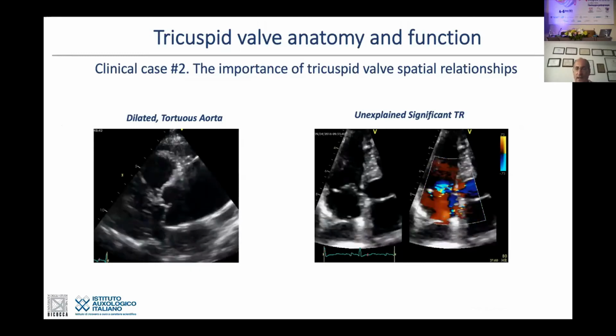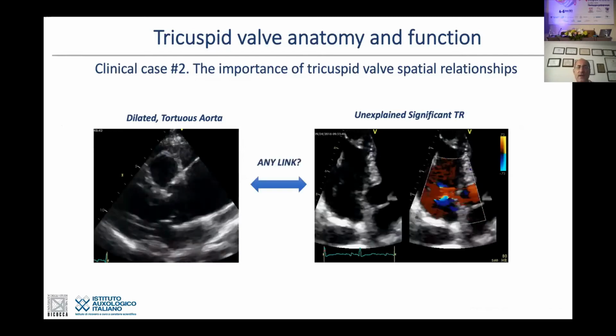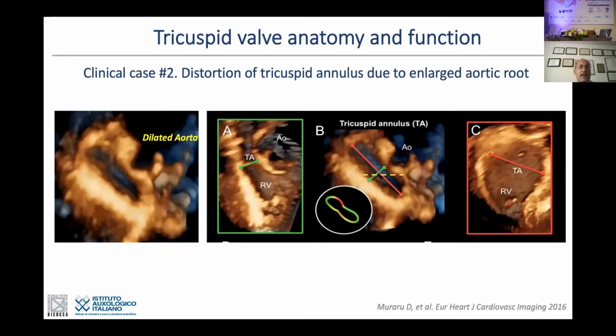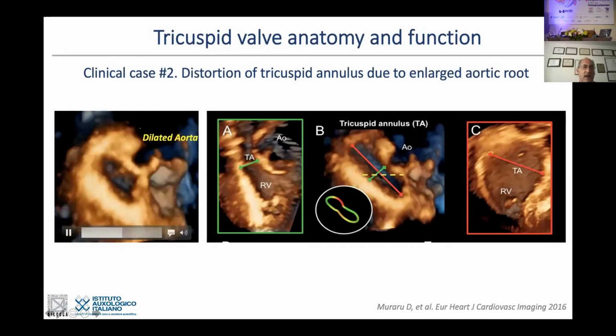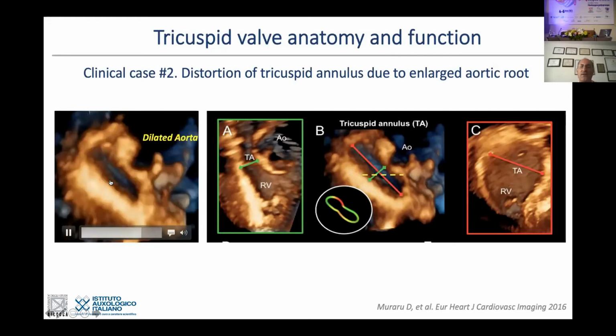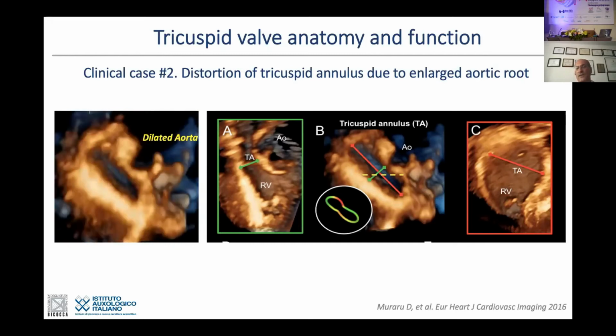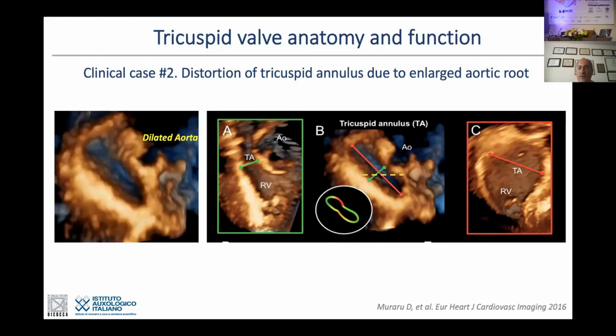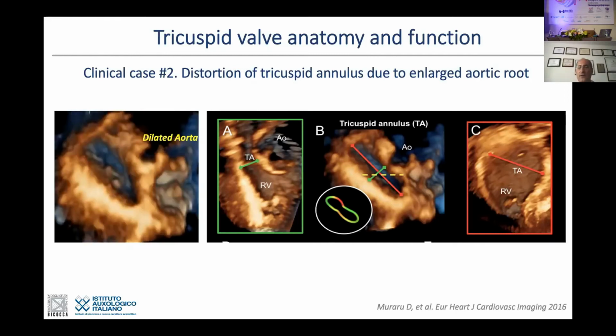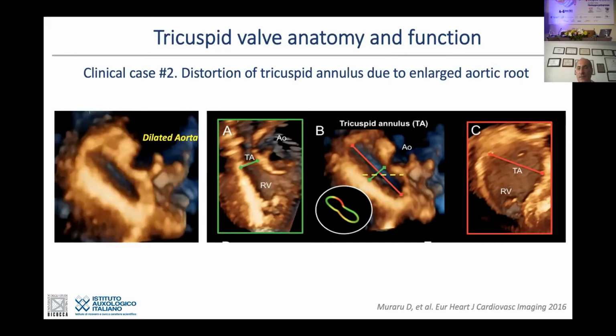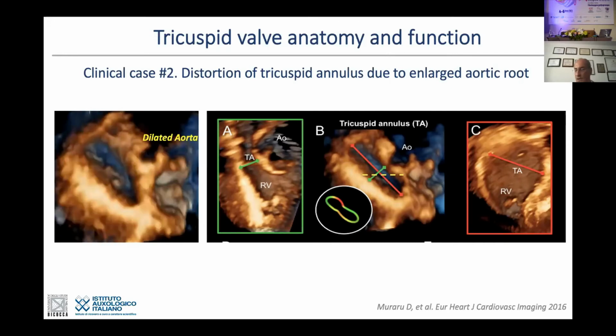But once again, looking at it with the 3D echocardiography, we realized that the dilated aorta that you can see in this position is compressing the tricuspid annulus that became quite deformed, like an 8 shape, and was quite elongated and shrunk in the anteroposterior dimension. This deformation of the annulus was the cause of the regurgitation, but we have never realized that this can occur